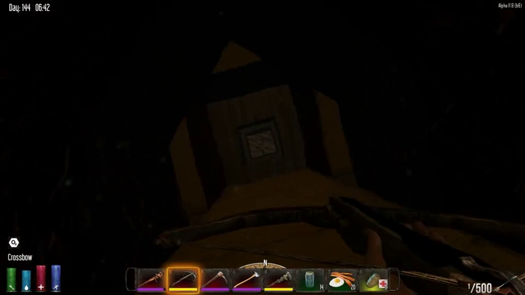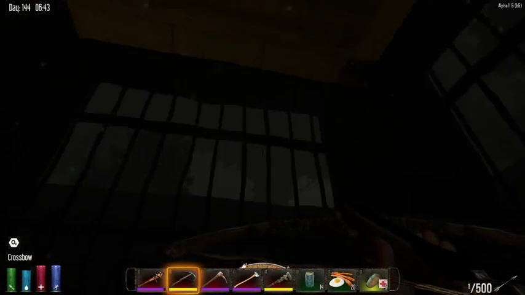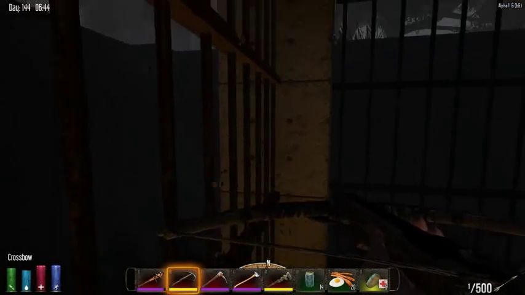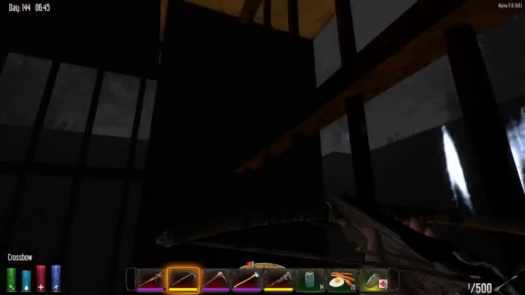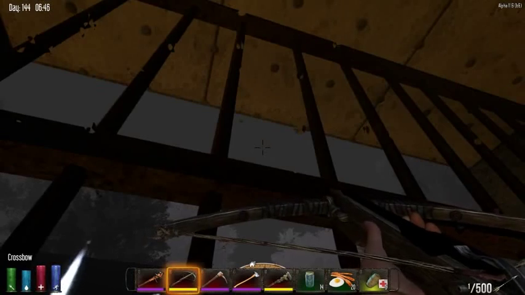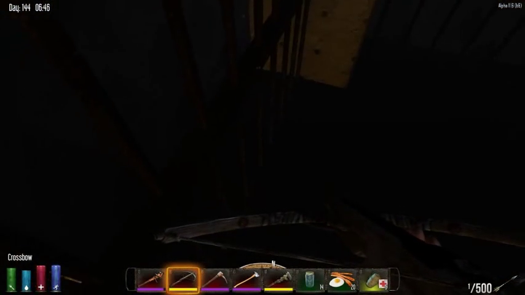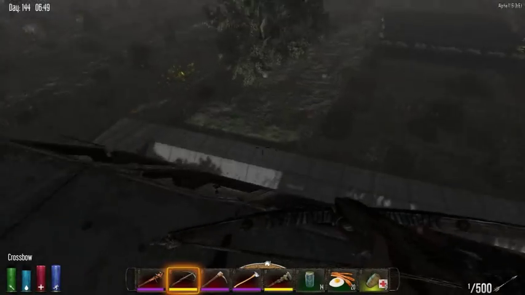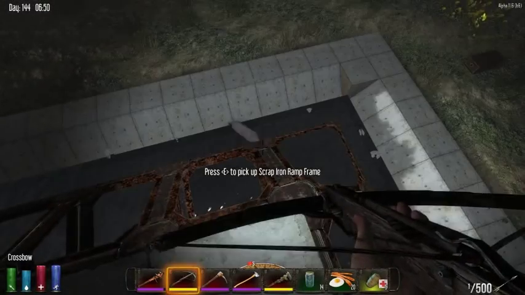Oh, slight bug out here. A problem I found with this base at the moment is that spider zombies can walk through bars, and I mean, yeah, that's got to be a bug. That's got to be a bug, but it's very annoying. So when spider zombies come along, if I don't manage to pop them before they run down into my pit there, they tend to...